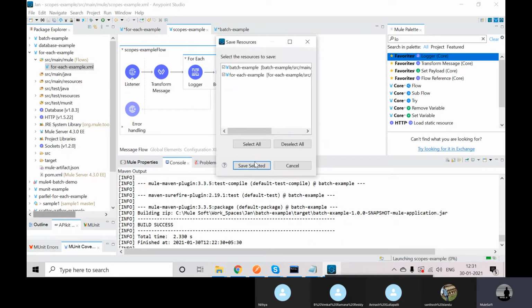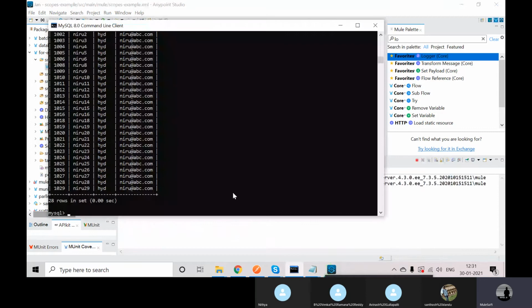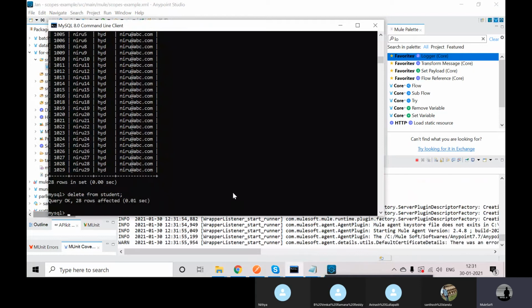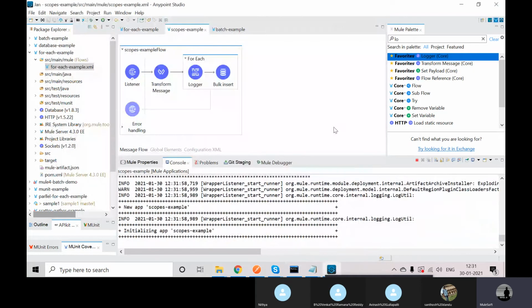You know how it will work, right? The for each we have already seen. I'll delete all the data.